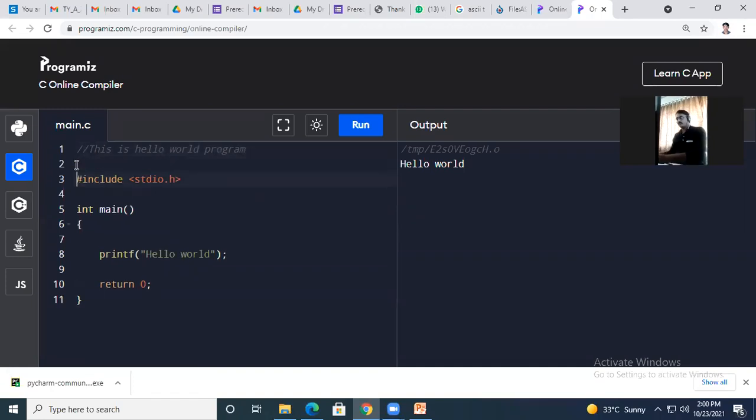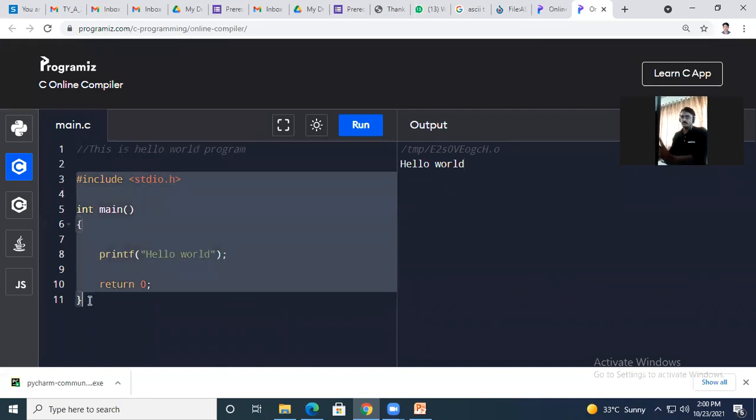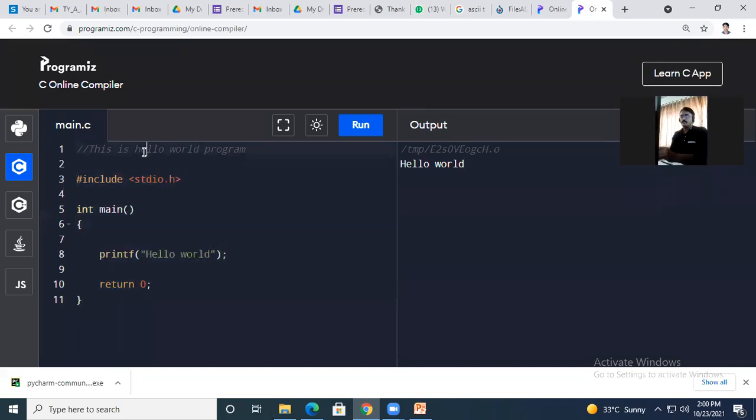Which will let you understand the program faster? Is this one line sufficient to understand the program, or do you go through all the lines of the program? Yes, anybody? Comment line. Yes, comment line. With this comment line only, you can easily recognize the program is talking about hello world.